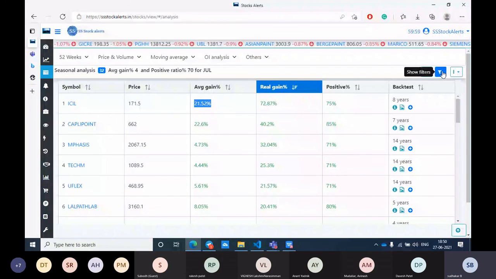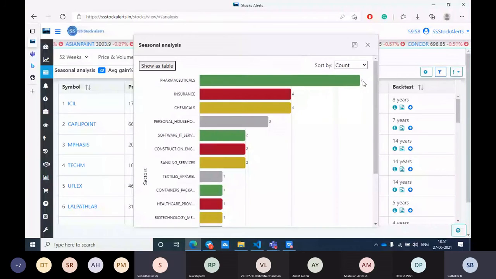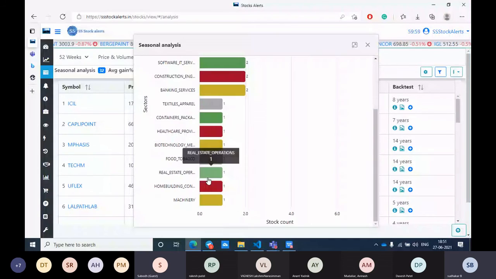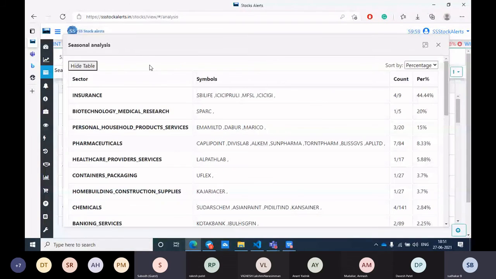This is the pharmaceutical sector. Out of these 32, you have 7 from the pharmaceutical sector. So what it suggests is that you can use it as an all-in-one place. If you want, go with the percentage. You can see which stocks are there and from which sector. Great. Thank you so much.